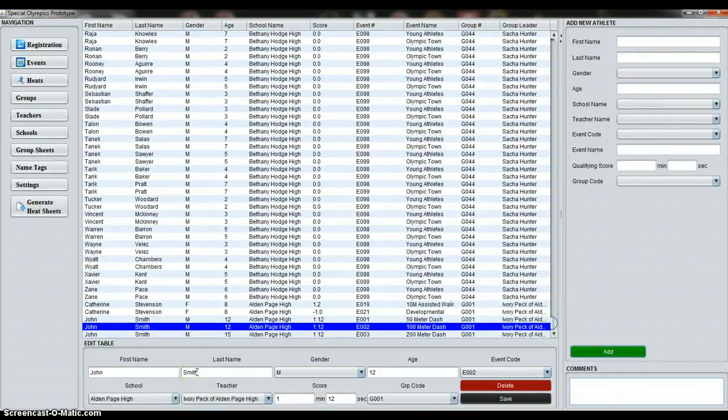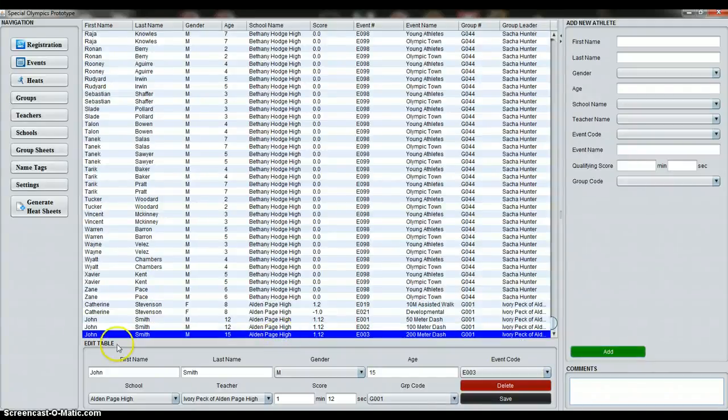Well, we succeeded in doing so, which seems to be strange except for the fact that our athlete uniqueness is defined by first name, last name, age, and school. We believe this is a sufficient amount of uniqueness, though perhaps not enough uniqueness under unusual circumstances. Well, since you can have the same John Smith, or rather an athlete who goes by the same name at the same school with a different age, we define the